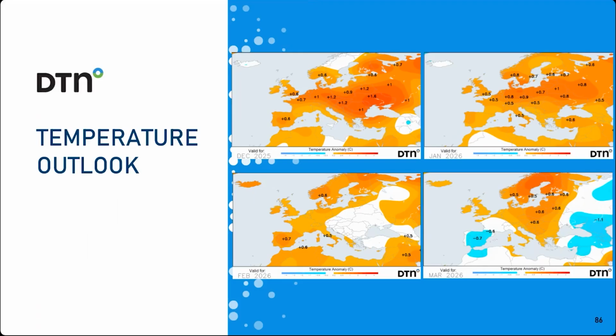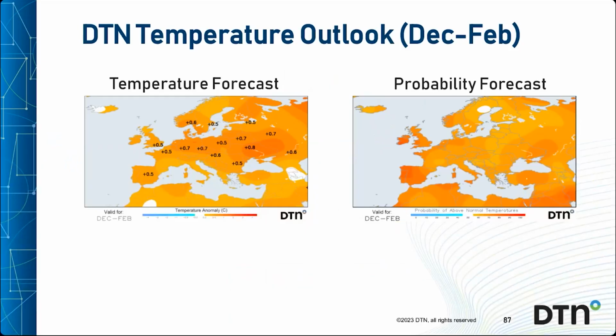And more widespread cold could be possible early spring if the polar vortex especially fails to break down in early winter. Just as unsurprisingly, it means the winter as a whole is forecast to have above average temperatures rather widely, with strong anomalies in Far Eastern Europe. Probability forecast suggests reasonably high confidence, especially for Southwest Europe.